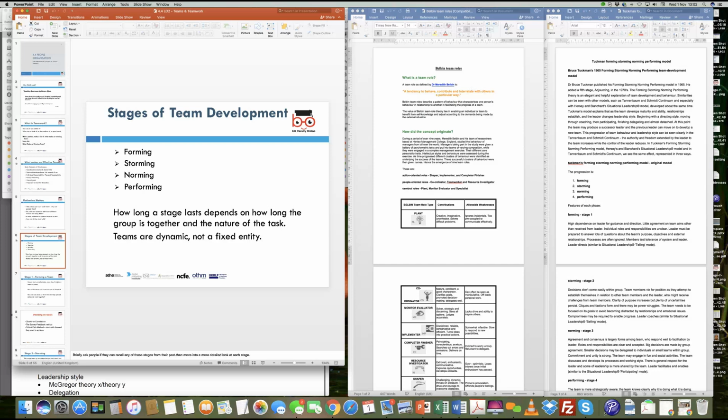There's a bit of a mutual respect which develops, and then you tend to delegate some parts of the job to people who they feel are relevant and will be able to bring that to a closure. And that stage helps you understand something called the performing stage. Now, sometimes when you look at this in an organization,